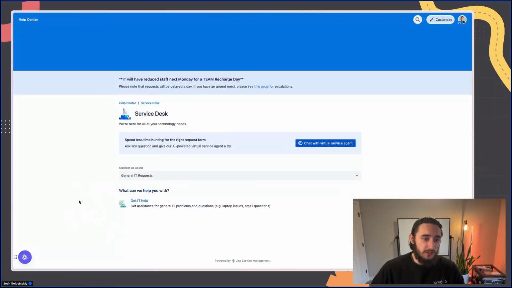One other thing here is general IT help, or sort of like a catch-all bucket, some might call it. I used to be pretty against a catch-all group like this. And the reason being is that if your customers tend to go in here and they find an easy way to submit a request, they're going to take that step every single time, especially if it's generalized. So I was pretty against having this up until recently,